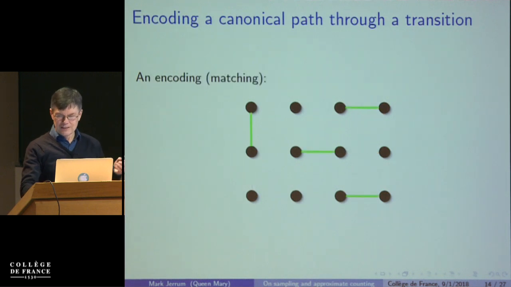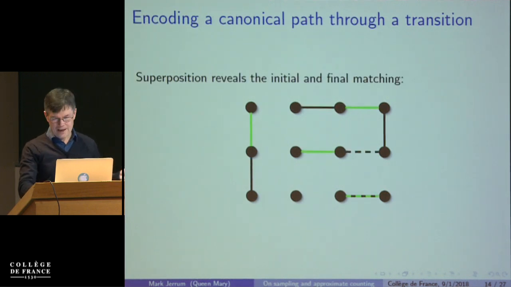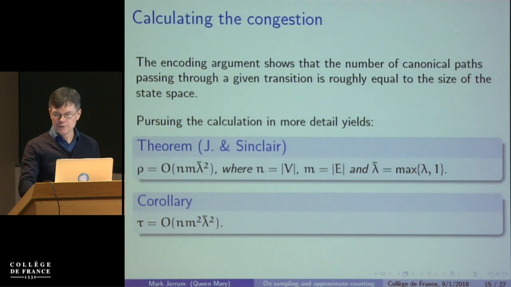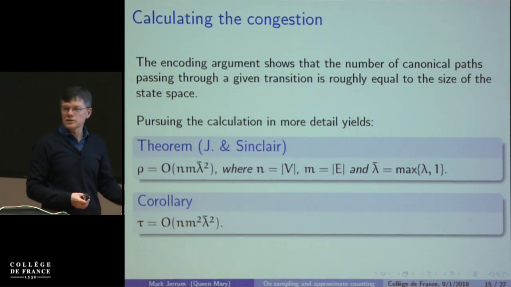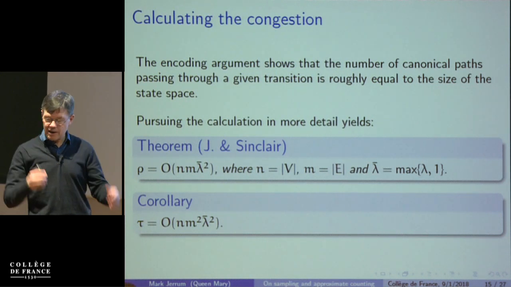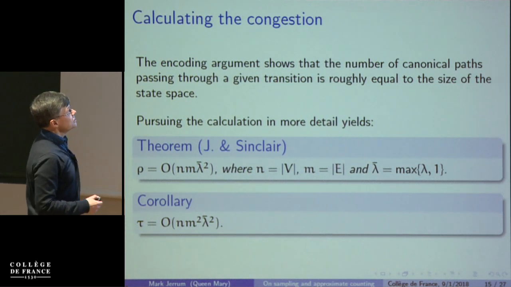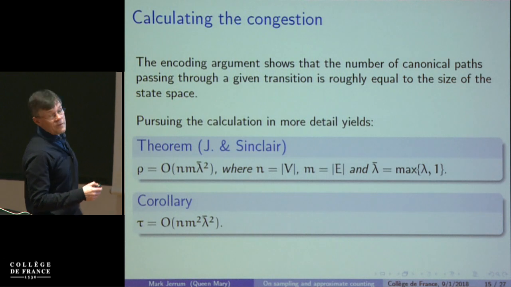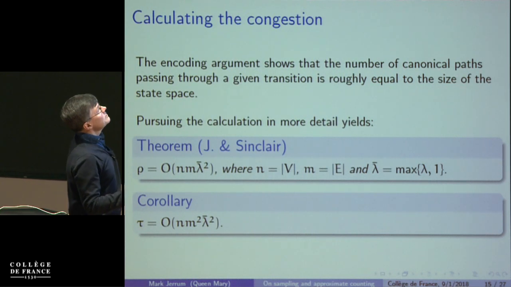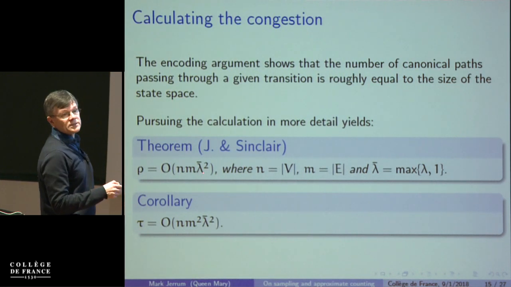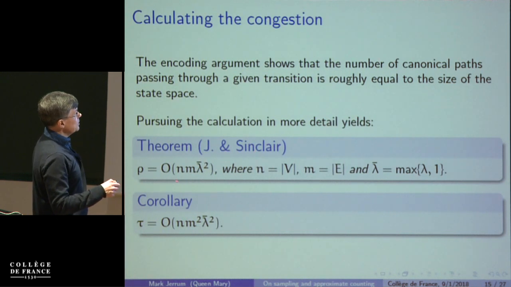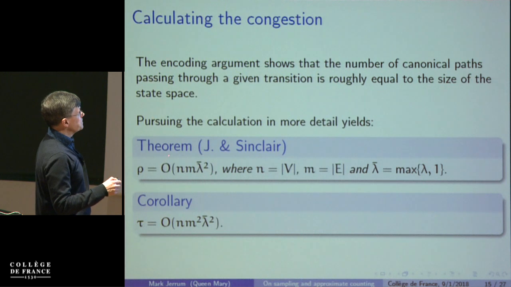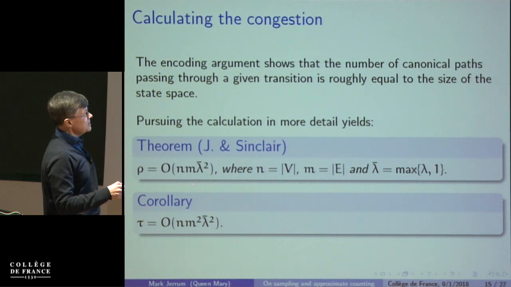Okay, we won't consider how it is that we prove this. These are some slides which just hint about how you might prove that this is a good selection of random paths and actually get hold of the congestion constant. However, it can be done. And this is going back a ways now, going back to the 90s. So with Alistair Sinclair, we computed this congestion, and it's kind of not too bad.